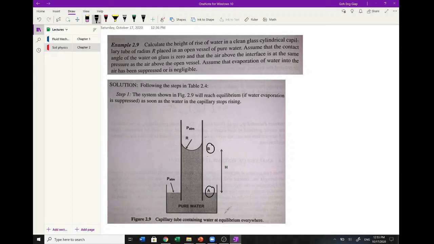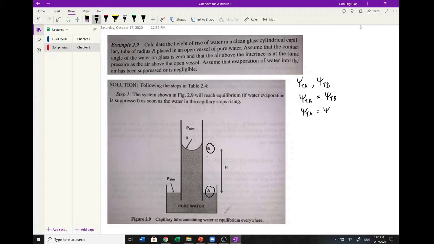Okay, so we try to have total potential for point A, right, and then we also need to find the total potential for point B, so we can compare. So at equilibrium, total potential at point A must equal the total potential at point B. Now we try to find the total potential for point A. So for point A, we must know what potentials we are going to take into account. The components that we are going to take into account of the total potential are